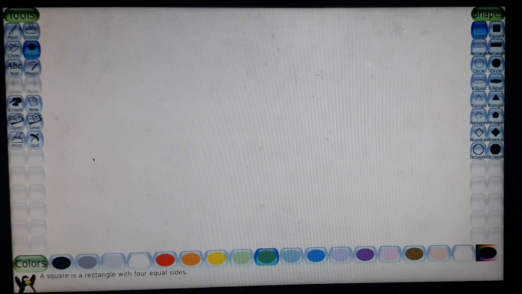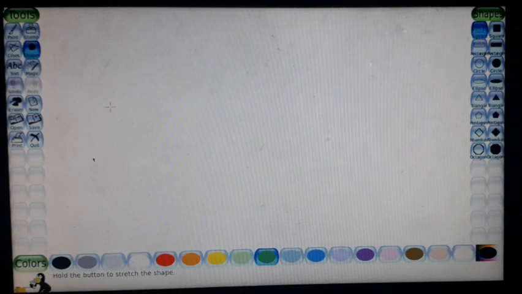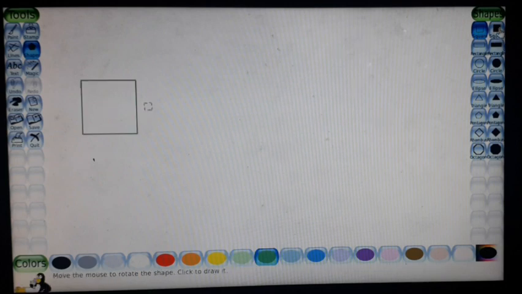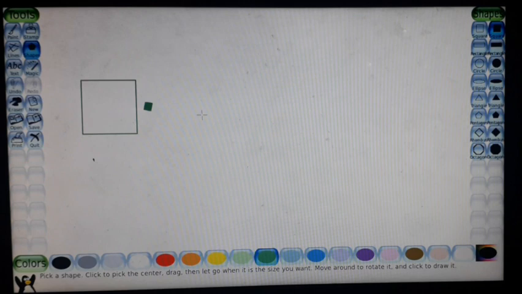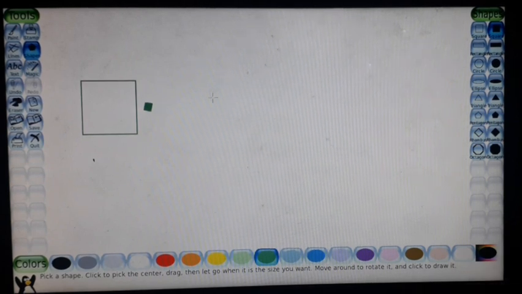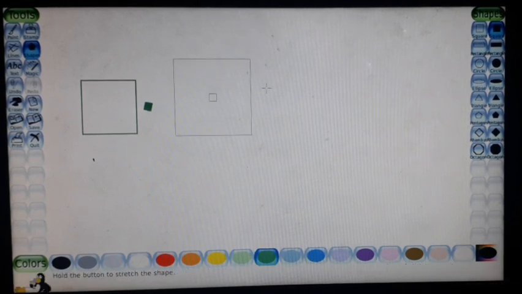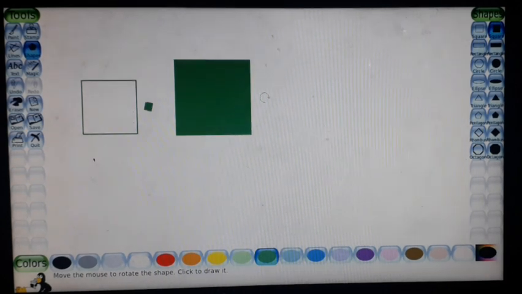If we want to draw a square, select the square, then draw it. There are two different types of shapes. One is filled with color, the other is without fill color. Look near the square. This is a square with fill color.